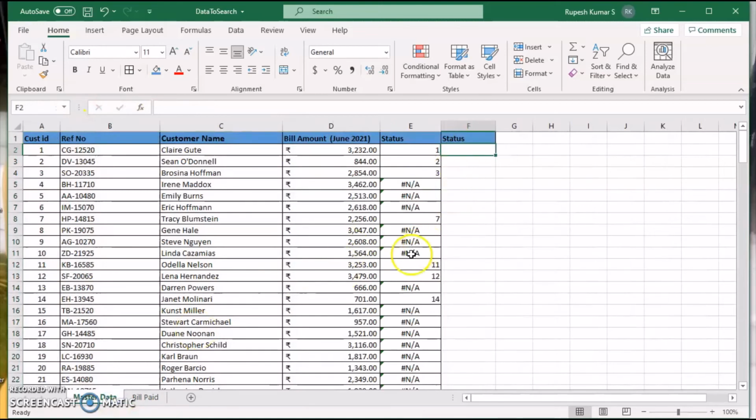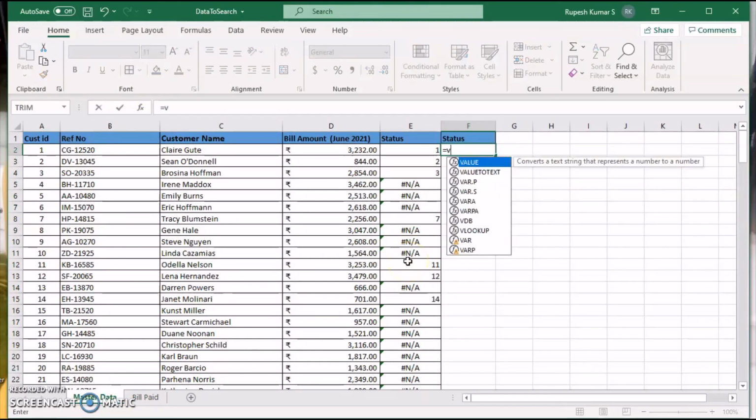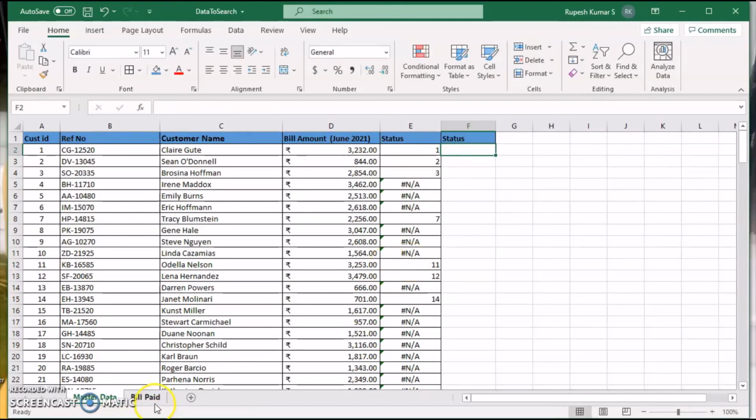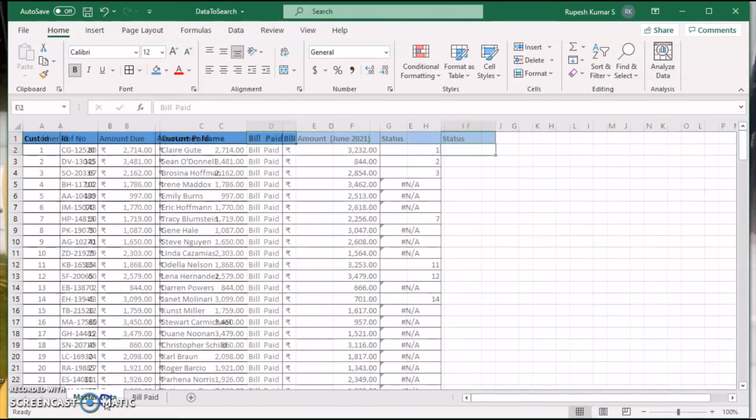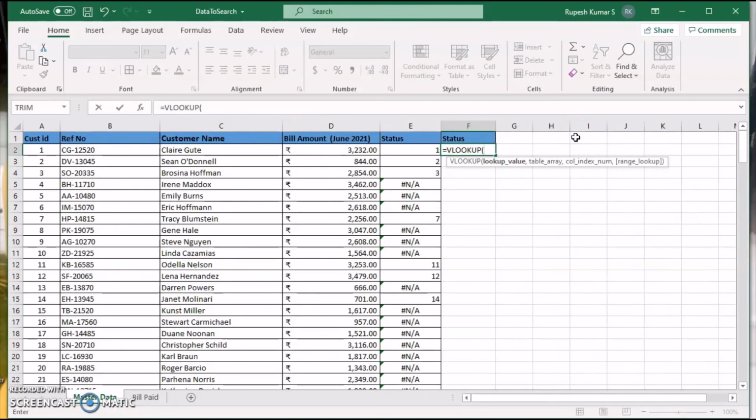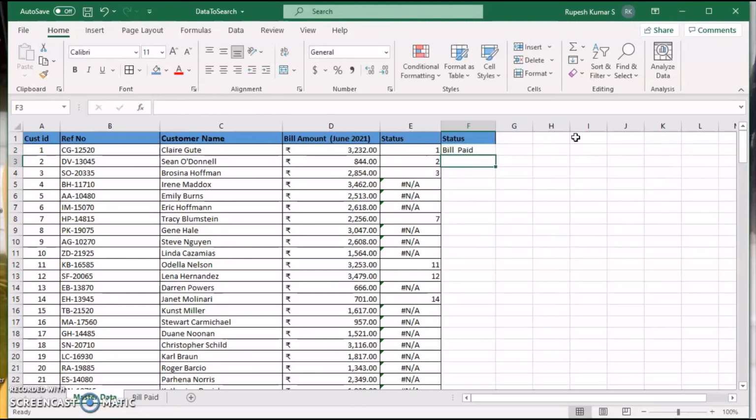So now I'm going to write the formula here again, is equal to VLOOKUP. Let us check this, then I will come back. 1 for customer ID, 2 for amount due, 3 for amount paid, and 4 for getting bill paid. Okay. So we want now 4 in our reference. 1, 2, 3, 4. Remember this, we need 4. Is equal to VLOOKUP. Lookup value is what? Customer ID, comma, bill paid status, comma, column index now 4 because I want to print bill paid, and then exact match, that is false, and we are done.